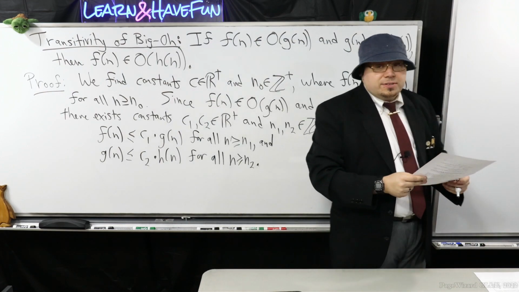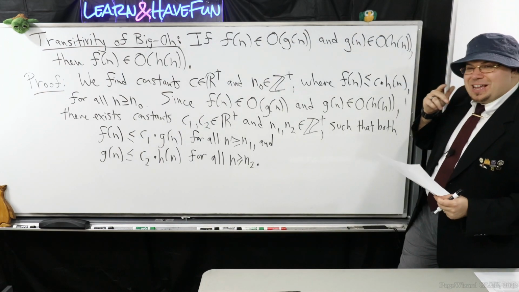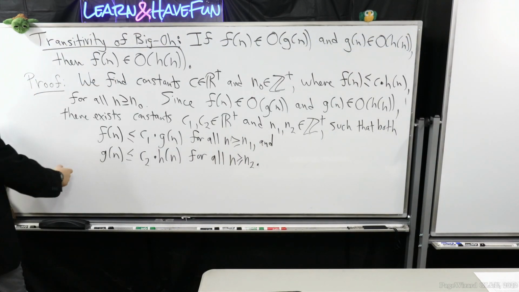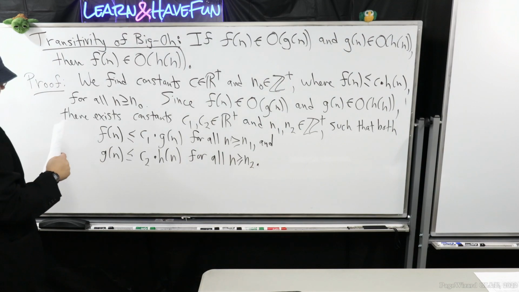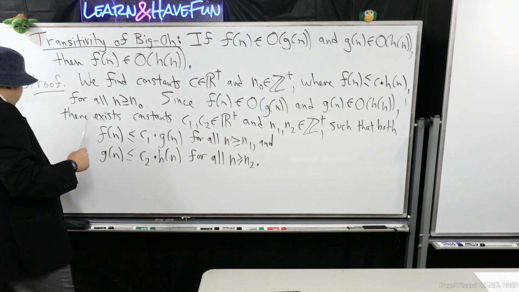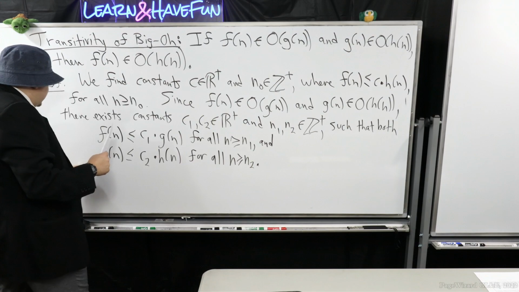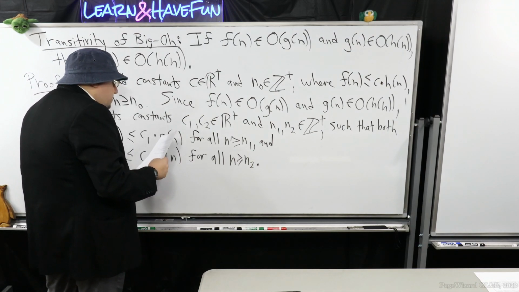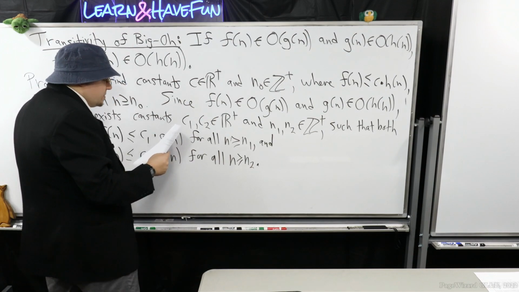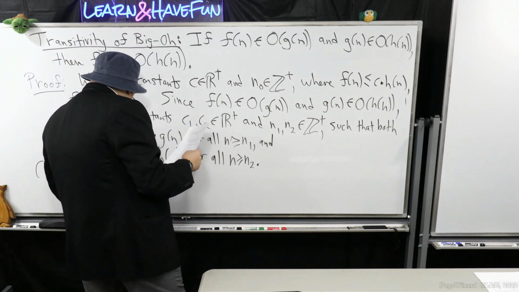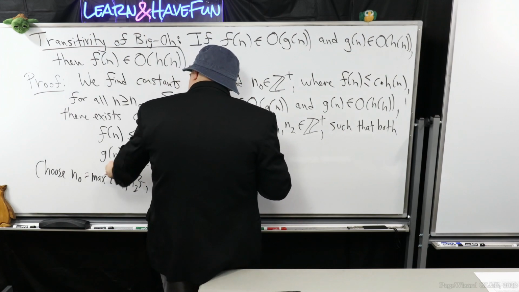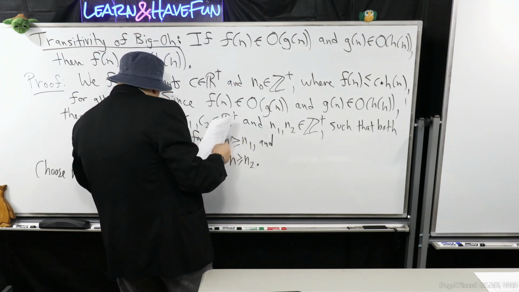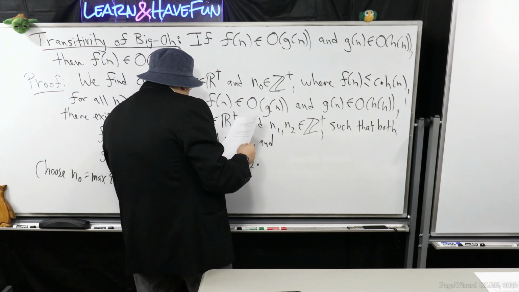What I'm going to do is akin to one of my other examples. I'm just going to pick n0 right away because I would like to pick n0 such that this is true and this is true. Both of these inequalities are true. You're going to see why in a moment. Choose n0 to be the max of n1 and n2. Remember, this just takes the larger of the two numbers and sets that to be n0. Then we find